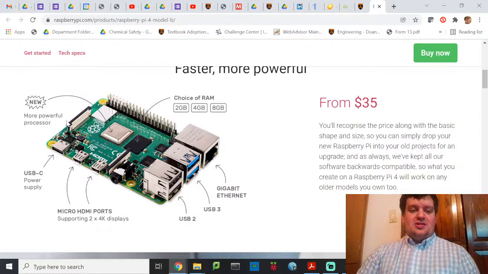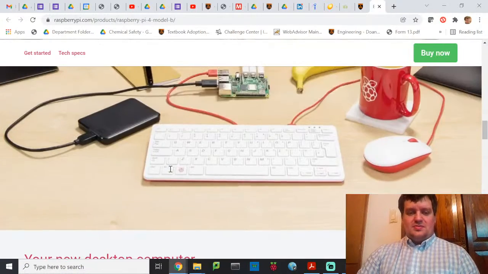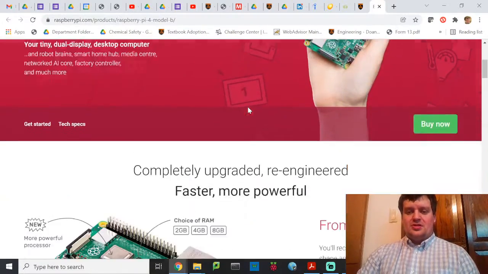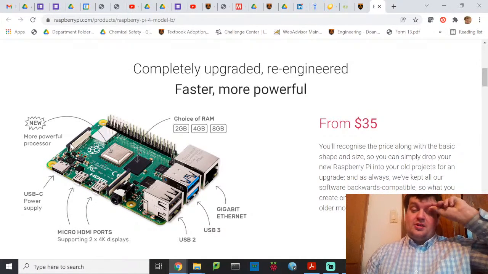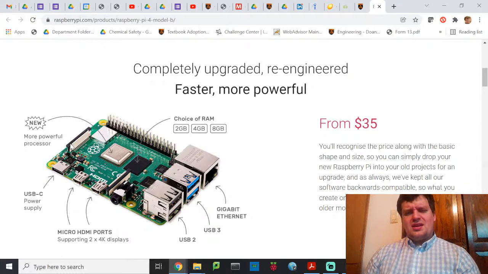There is a micro SD card slot down here. I don't know if it shows it. There's a micro SD card right there. It's sticking out. Doesn't really show that all that well. But you will need a micro SD card. I usually suggest a 32 gigabyte one. Had students buy 128 gig and they didn't work. Now I have seen a kit online that does include a 128 gig SD card. I'm hesitant to buy that because I've never seen it work, but I know the 32 gig work. You get a 32 gig, we will flash them in class.